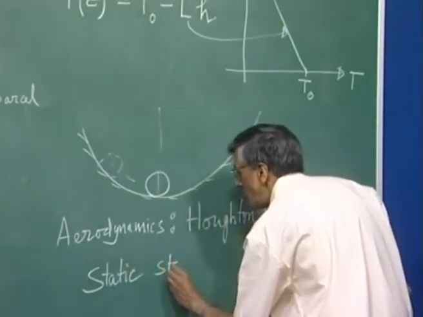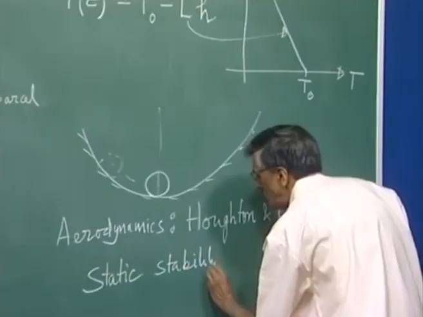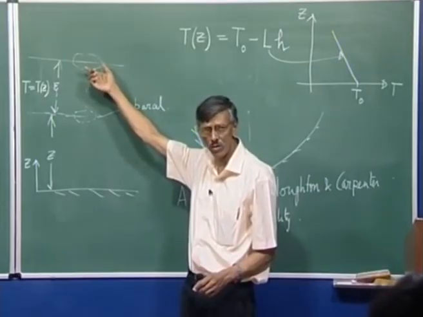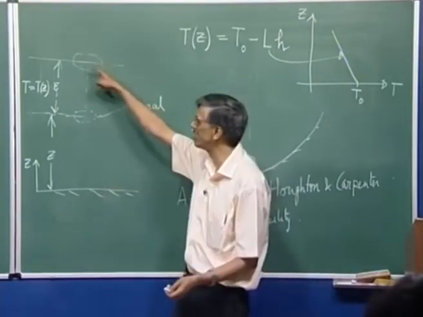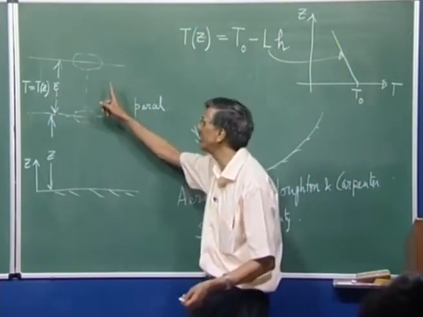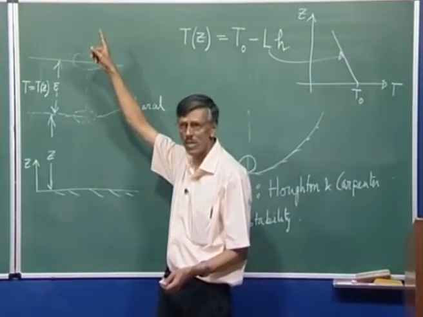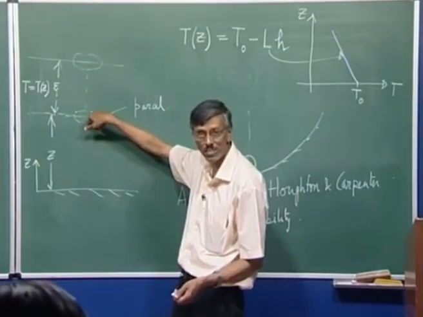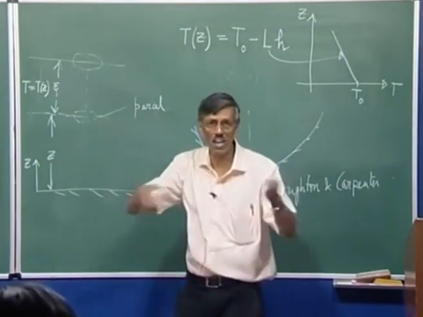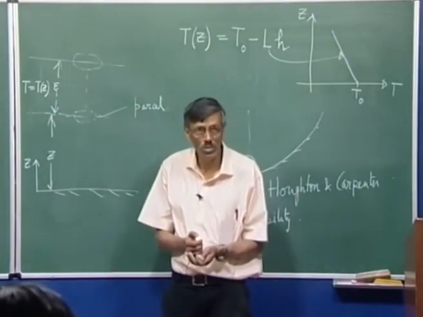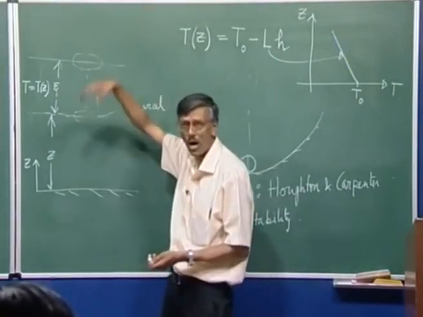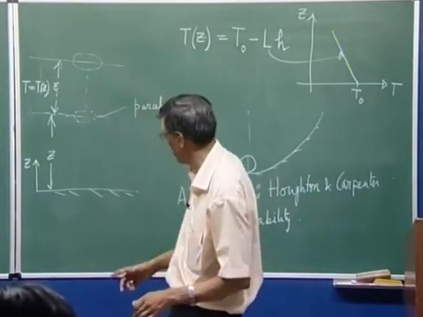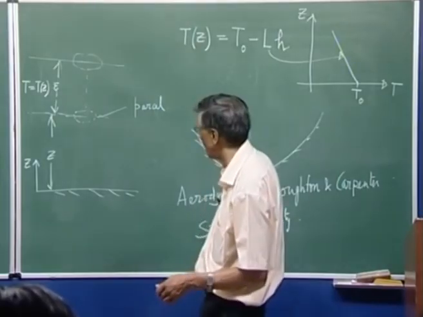And find out about static stability. What are we going to find out? We are going to find out whether, in this displaced position, the packet has a tendency to come back here or a tendency to go further up. If it has a tendency to come back to the basic equilibrium state, then we will call that statically stable. If it stays there and does not do anything, then we will call it neutrally stable. But if it continues to float further up, then we will say it is statically unstable. We are not very interested in that, so you can study it by yourself and find out.